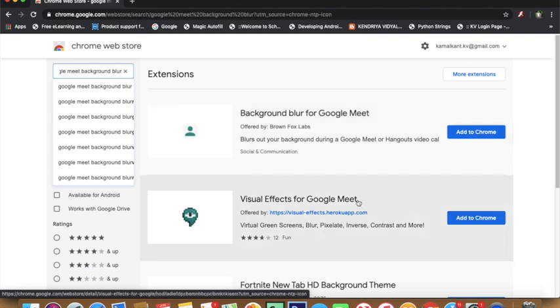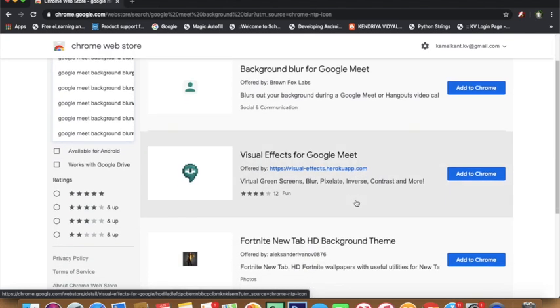Whereas with the second one, Visual Effects for Google Meet, you can set any background from the selected list of backgrounds for the presenter, so that his normal background or his home background will not come. So you can choose from a list of good, colorful backgrounds. You can choose one of them. So I will now use both of them.